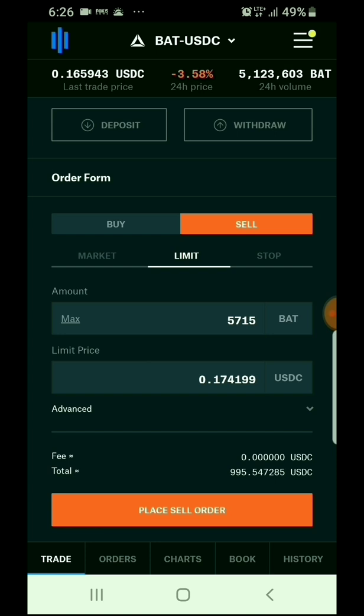Hopefully this order gets filled within the next 24 hours. If not, I'll just lower it down to a more reachable target, okay? But right now I'm going for 2.449%, okay? Again, my goal is 1 to 2% per day, so I'm actually reaching beyond my goal. But I'm doing 1 to 2% per day because that's normally average. That's something that's obtainable even by somebody who doesn't have any experience. So let's just see what happens, okay?